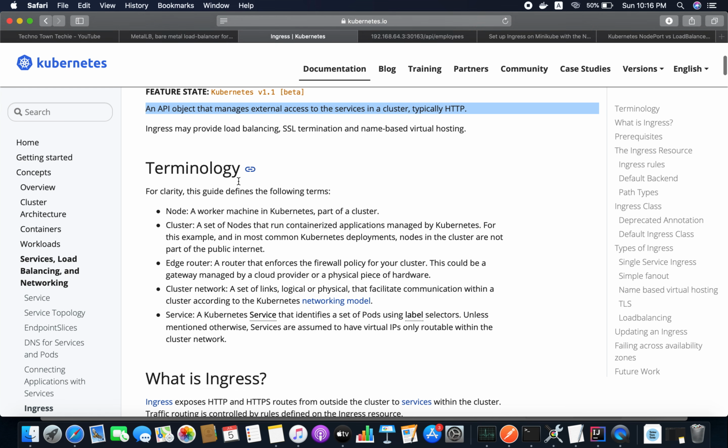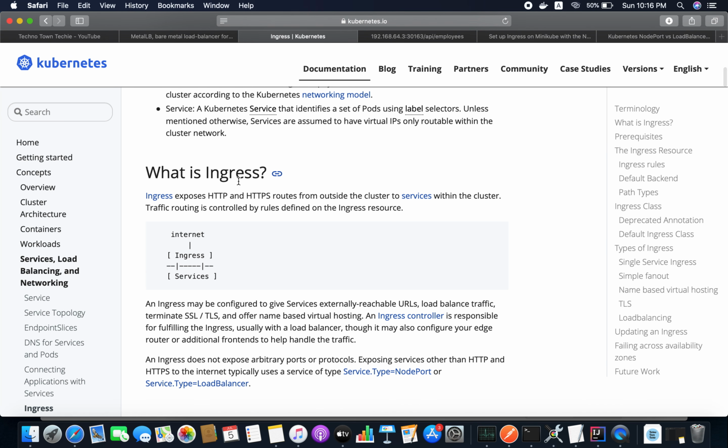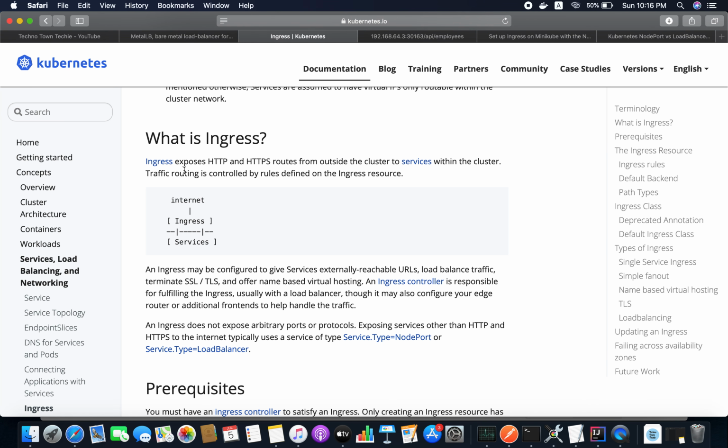To manage this ingress we need an ingress controller. Ingress exposes HTTP and HTTPS routes from outside the cluster to the services within the cluster. If you observe here, we have the internet, and the ingress provides access to the services. This ingress acts as an entry point.